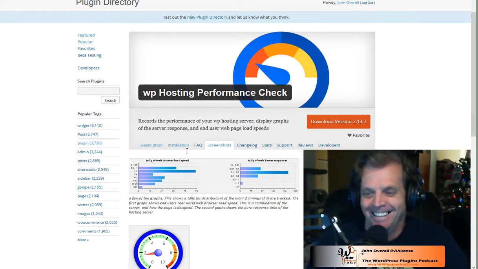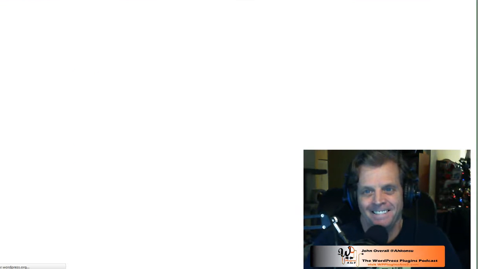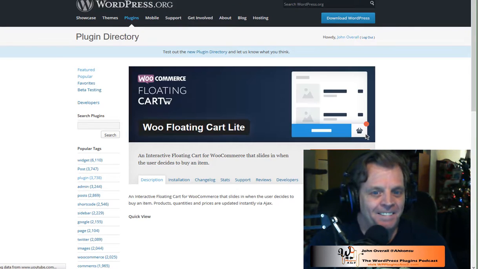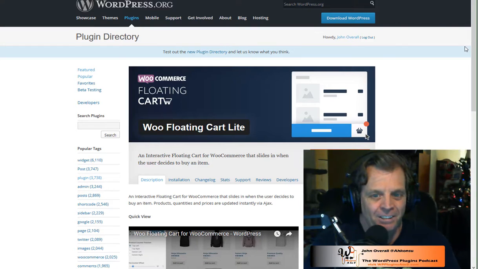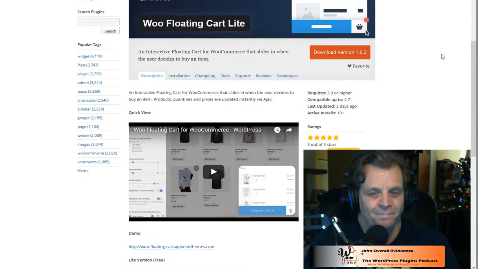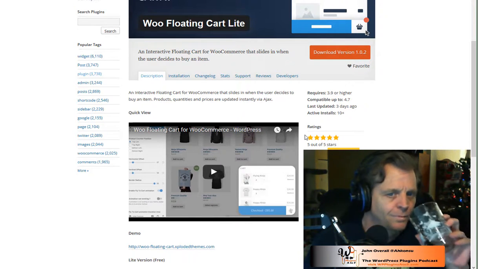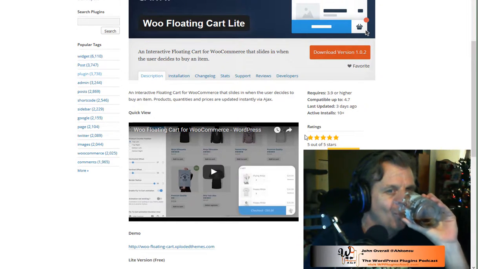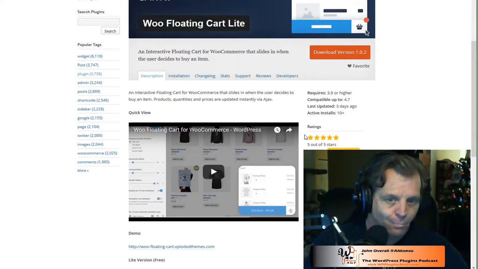Very nice. Okay, for those of you out there that use WooCommerce, here's a pretty cool plugin. This is a freemium plugin, but there's also a pro version. It's called Woo Floating Cart Lite, and it's available in the repository. And what happens is when somebody adds something to your cart, it actually shows the cart in the lower right side instantly. So as they scroll through the different pages, the cart still remains visible and reminds them to check